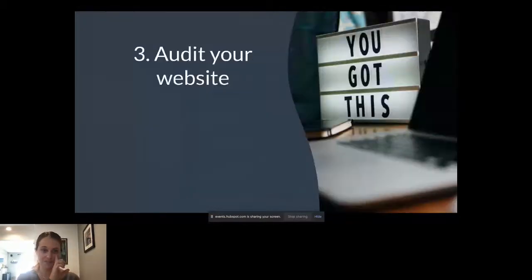All right, so after you have that buyer's persona, you understand your flywheel, and what the buyer's journey looks like for Brian, it's time to audit your website. I might hear you groaning about the thought of a website audit, but it's really important because with smart content, you want to make sure all of your foundational content is working and flowing together first before adding that layer on top of it.